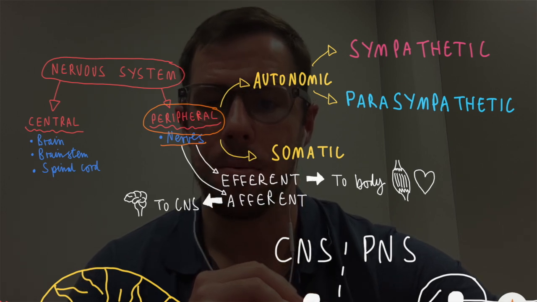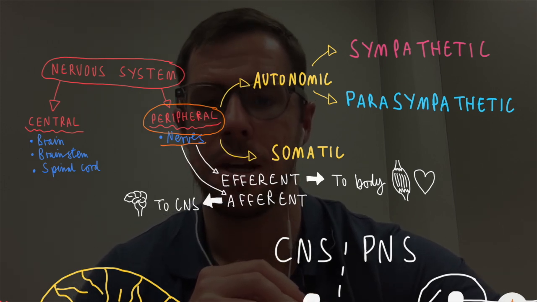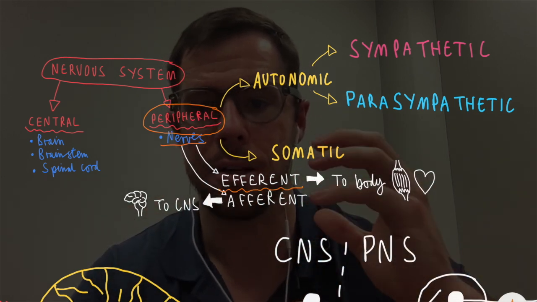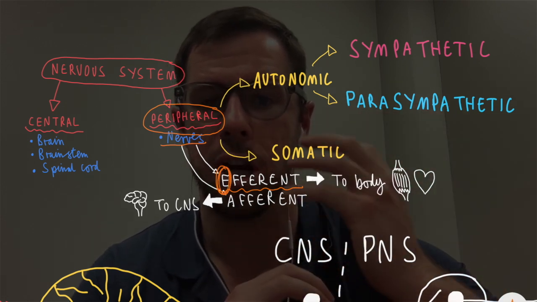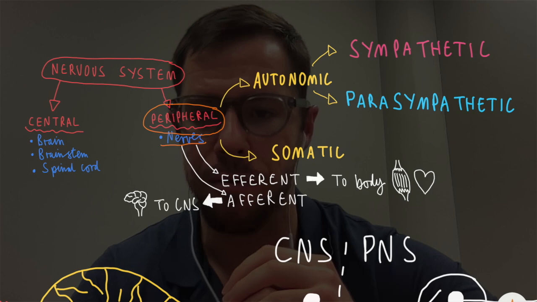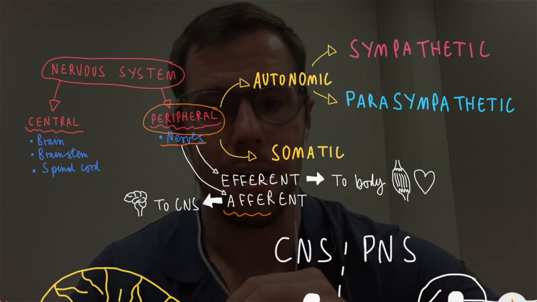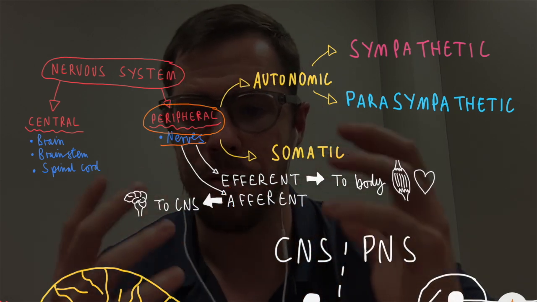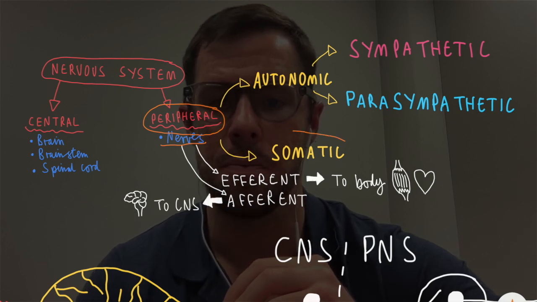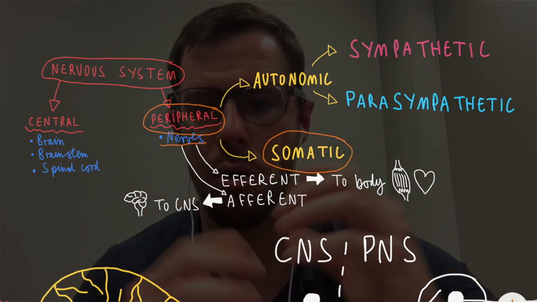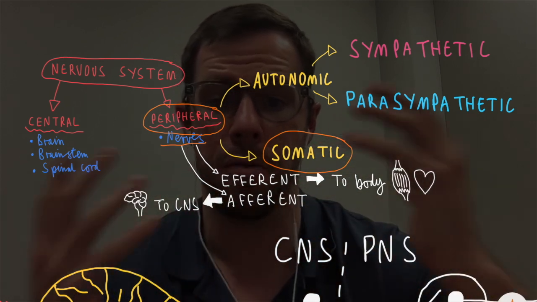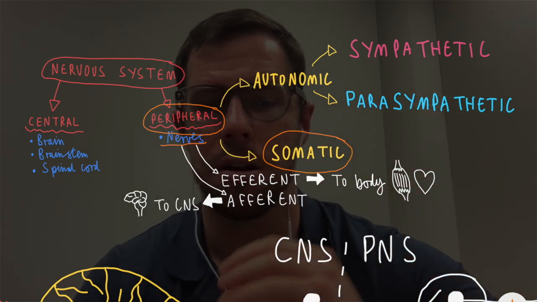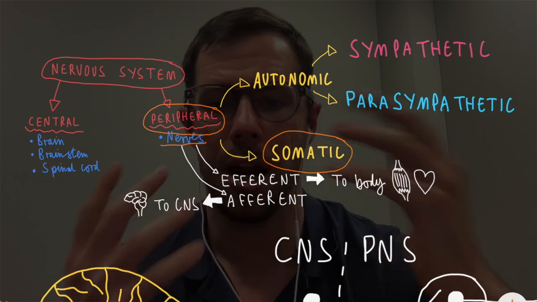The neurons that make up motor nerves projecting away from the CNS are called efferent neurons with an E, and the neurons that comprise sensory nerves projecting into the CNS are called afferent neurons with an A. Our somatic nervous system is part of the peripheral nervous system, and this comprises alpha motor neurons that innervate skeletal muscles, which allows our brain to voluntarily control how we move about and interact with our environment. It also contains sensory neurons that come back into the CNS from joints, muscles, and skin, and other sensory organs